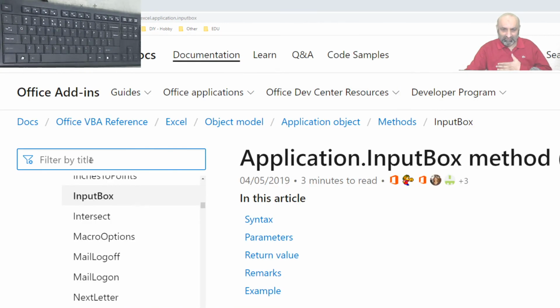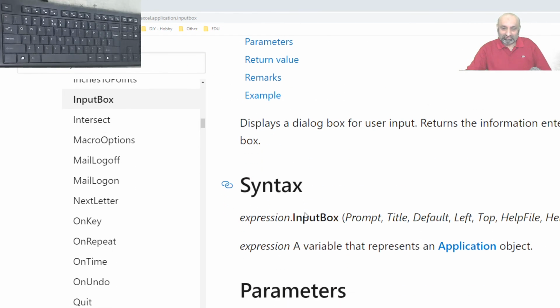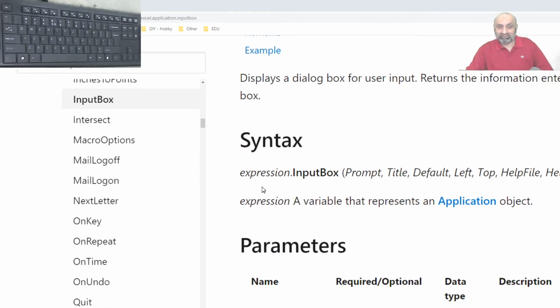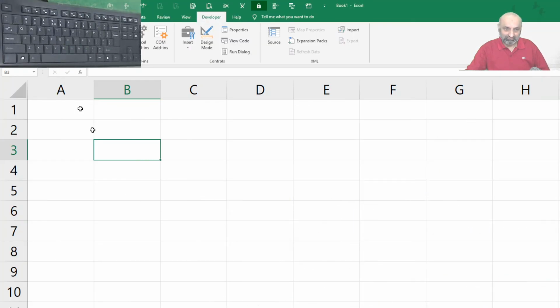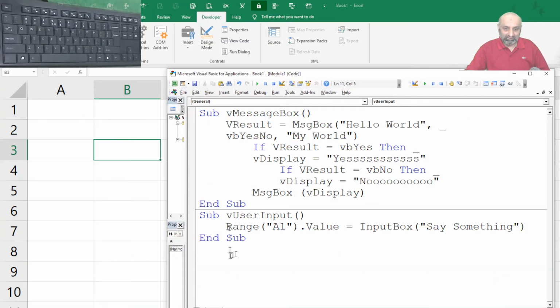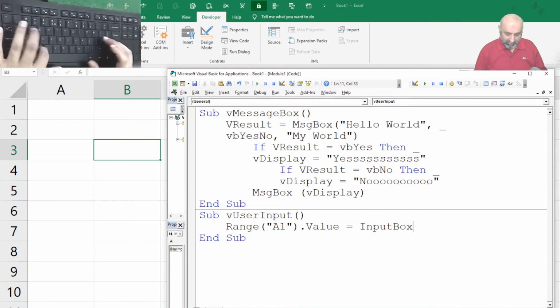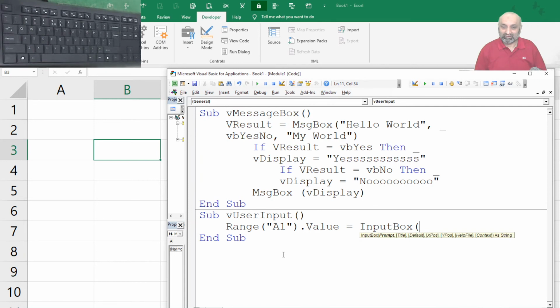They have done a wonderful job in Microsoft Excel. So let's look at the syntax: prompt, title, and default. So when I say input box and bracket, here comes the help. Prompt, then title is optional, default.